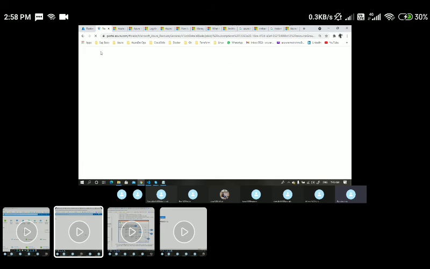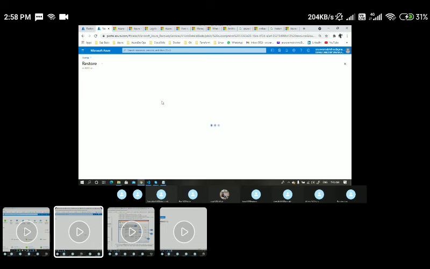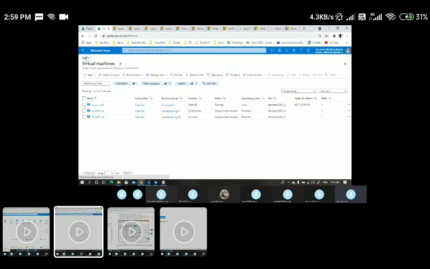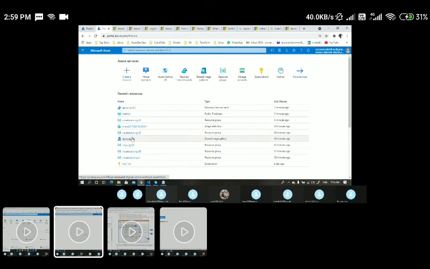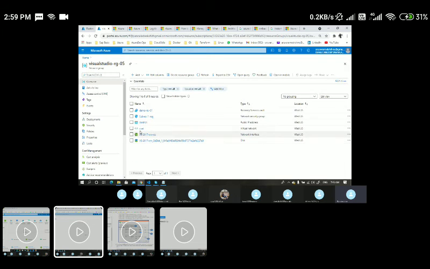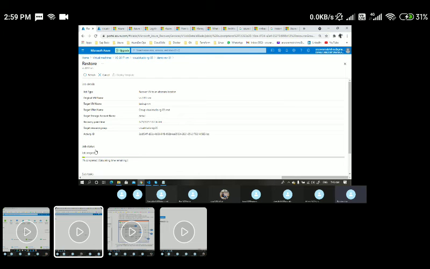At the same time, let me duplicate this window. I'll navigate to this particular resource group and see whether the VM is getting created or not. I'll go to home. I'll go to the resource groups. This is the resource group. I'll just minimize this, and here I will be getting a VM once it is created. And apart from the VM, I will also be getting one NIC, and for that NIC I will be attaching this particular public IP. I will show you that now.